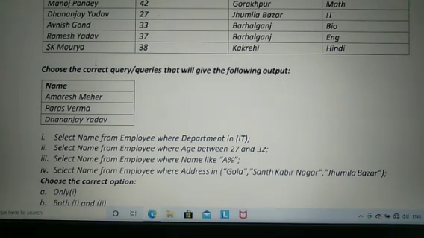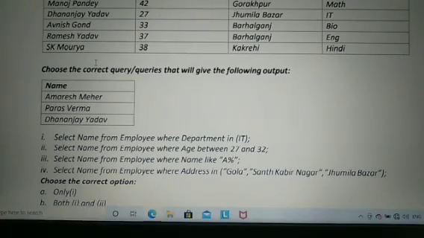You can see the output on the screen, that output has only one column for the attribute name: Amresh Mehe, Paras Verma, Dhananjay Yadav. Which command is the right choice to get the following output?